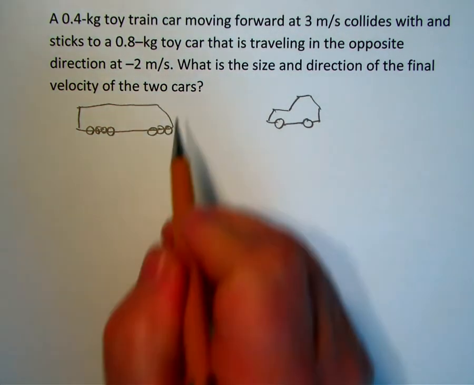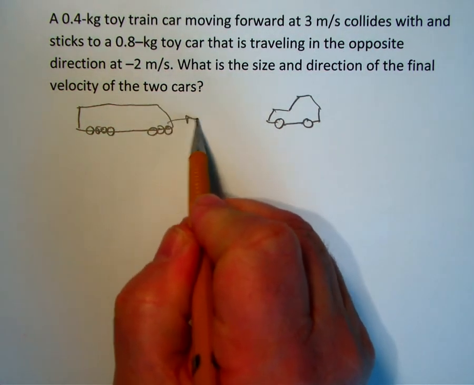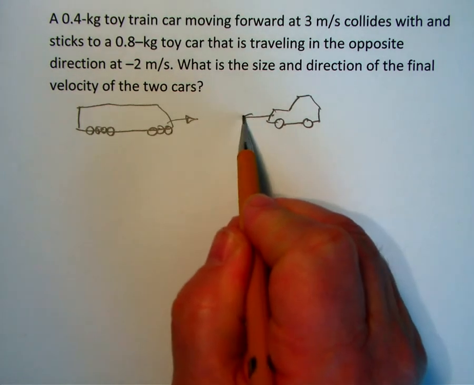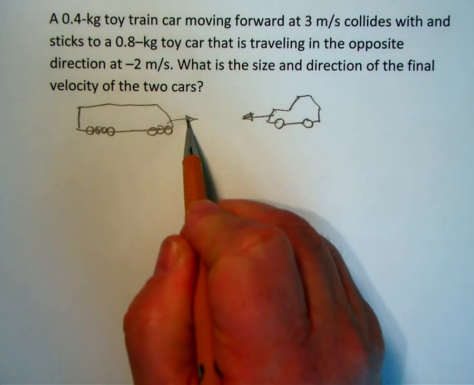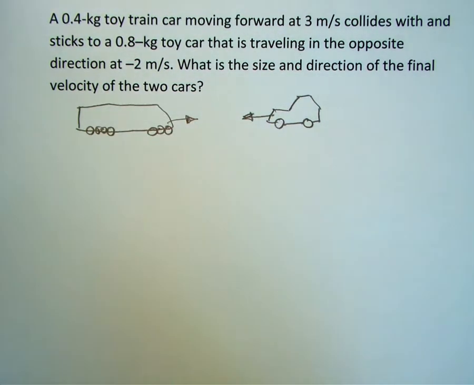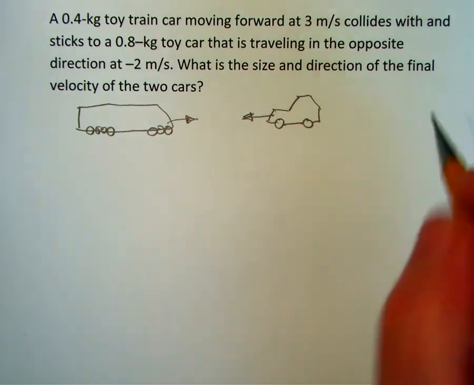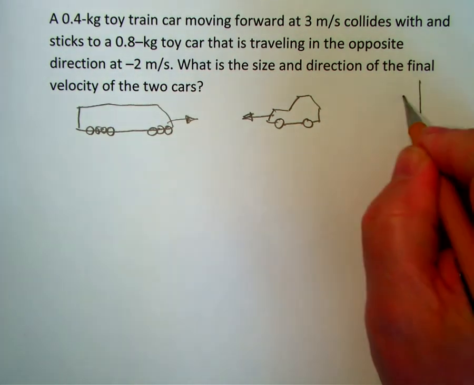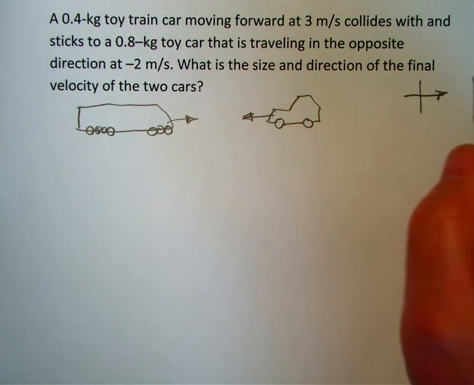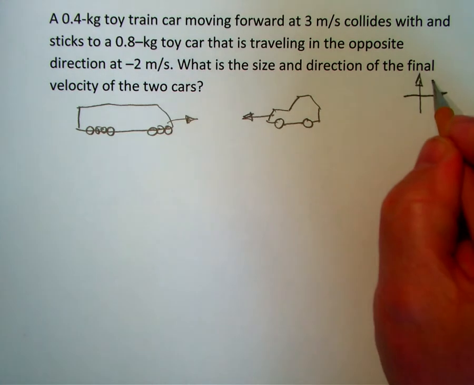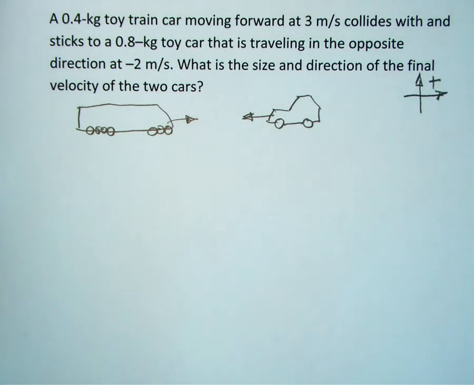I've drawn them going opposite directions because the problem clearly says that they are going different directions. So that's the train and that's the car, and we need to start defining some variables and some conventions. As always, we're going to use up and to the right as positive